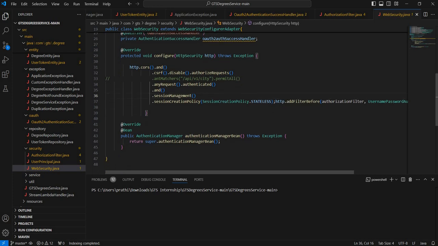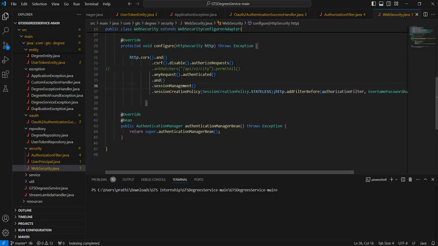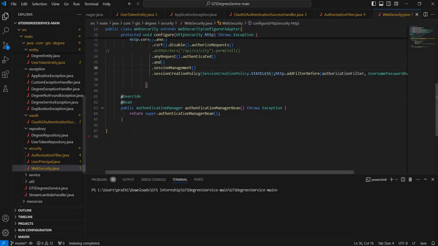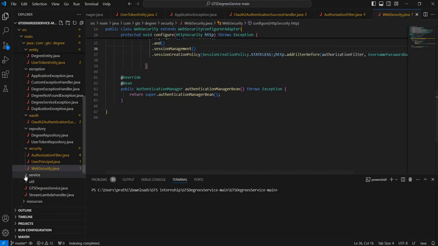we can use the authentication manager bean, it overrides the bean. So the bean annotation can be overridden using the authentication manager bean. It throws the exception and calls the constructor of the super class. So this is all about security, means setting up the security for the code. And the next one is